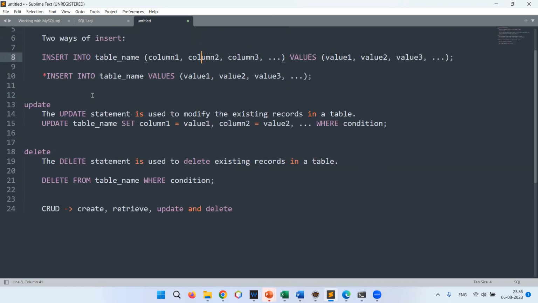If you want to modify the existing records, then you have to go for the update statement. The syntax will be like this: update, table name, set. So here the keyword is set. For insert, the keyword is into. Here it is set. And what are all the columns you want to set? Column name and value, column name and value, and multiple columns. And you can also use a where condition. If you're not using a where condition, the update will be applied to the whole table. So you should be very careful, and you have to specify which record you are going